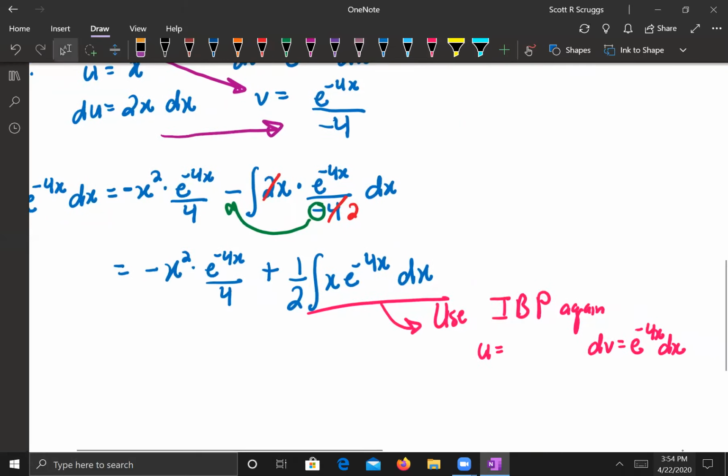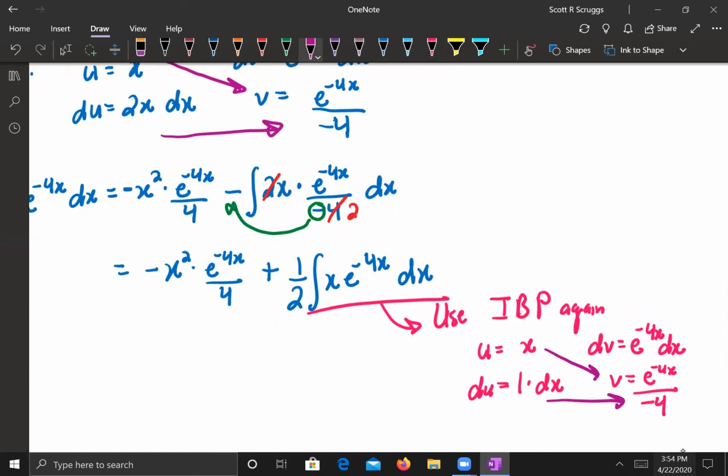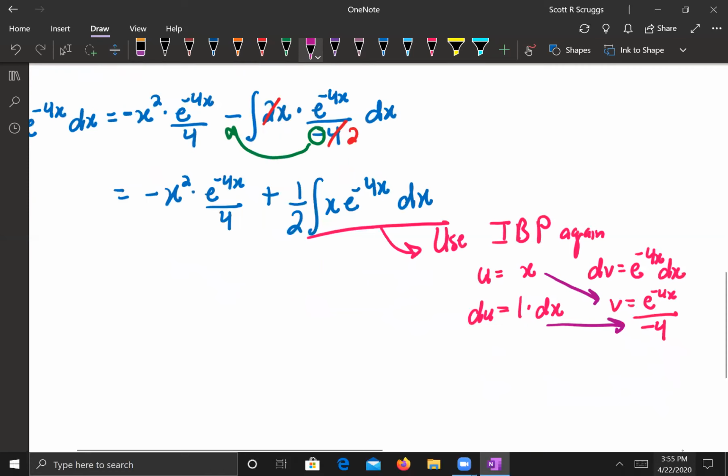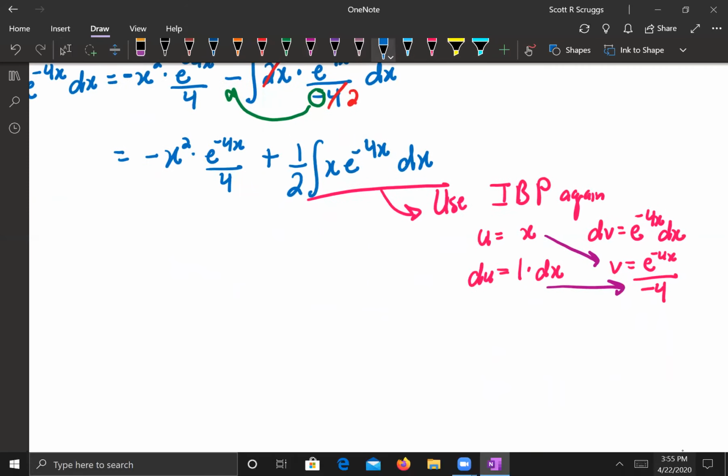And u would be x. So du will just be 1 times dx. And v would be e to the negative 4x divided by negative 4. And integration by parts tells me marry the u and the v outside of the integral, marry the du and v inside of the integral, join them again by subtraction,